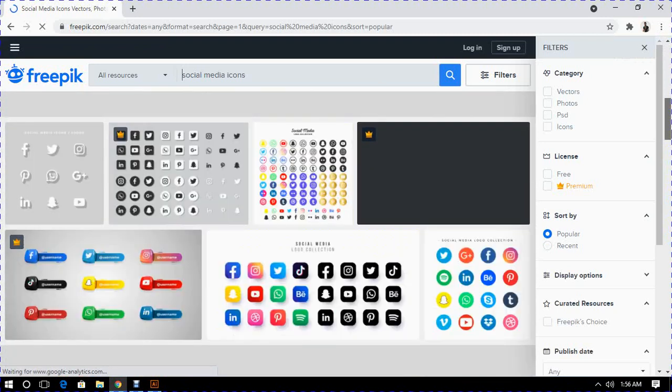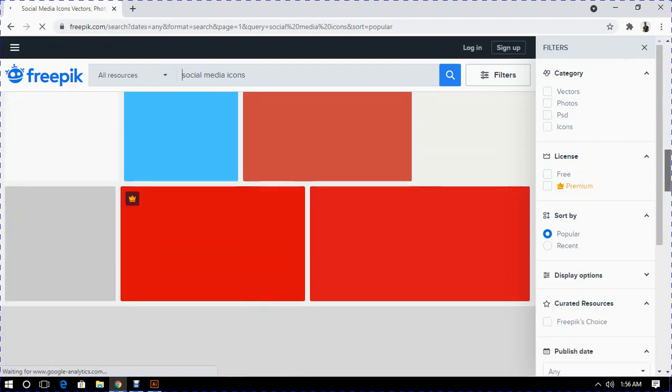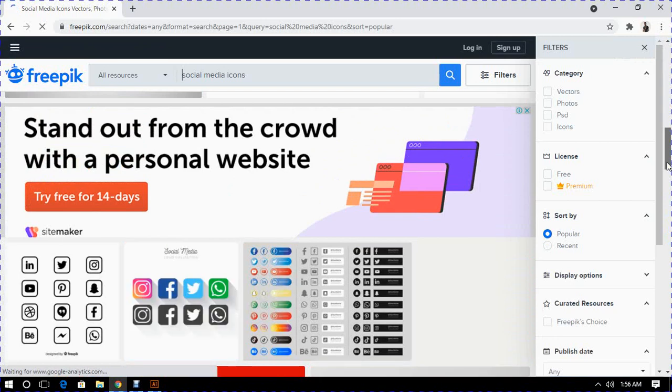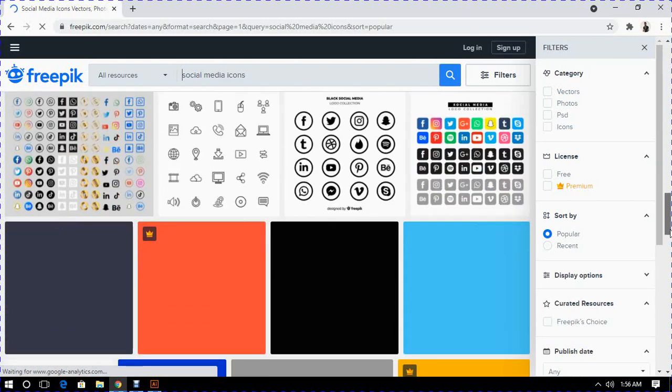I have some downloaded into my system already, so I'll be using that one. But while doing your own, just come over here, type the social media icons, it will come up, then you download the ones you want.